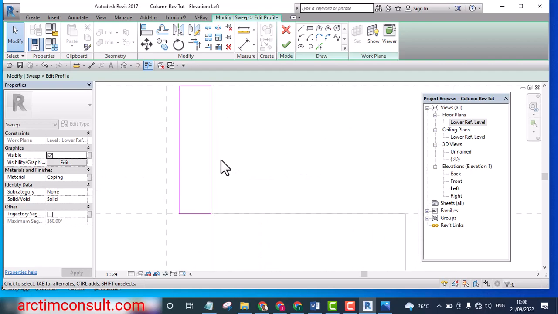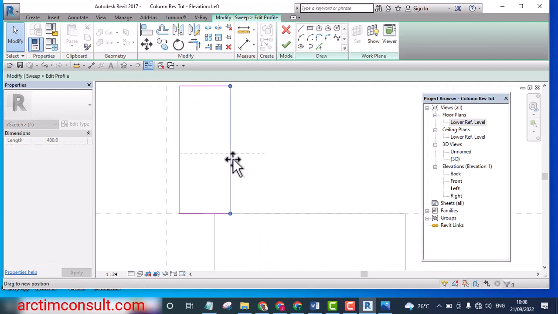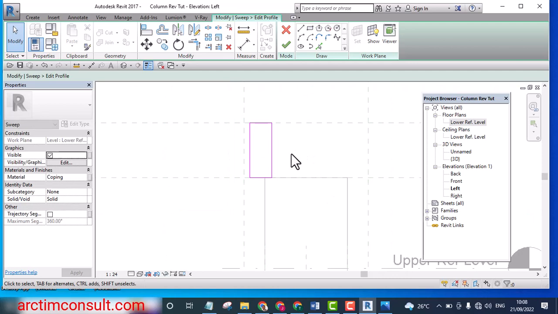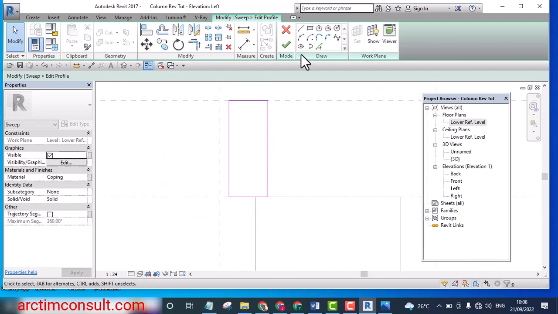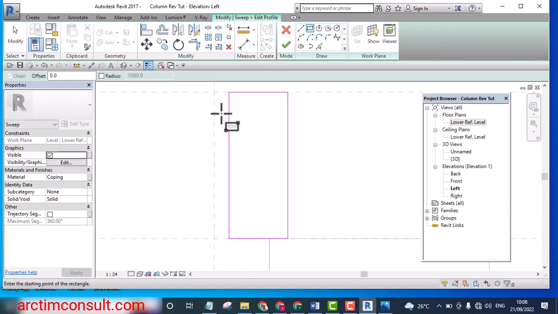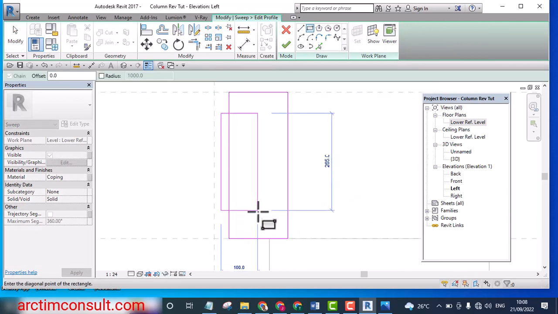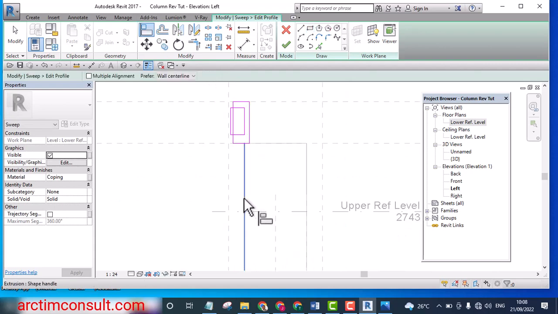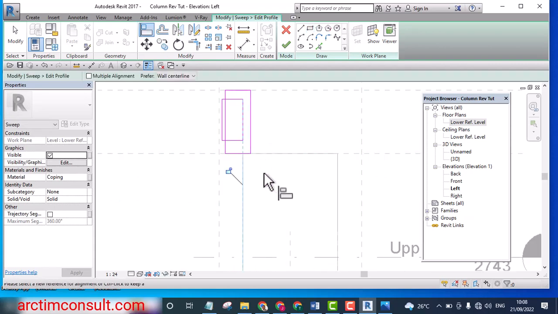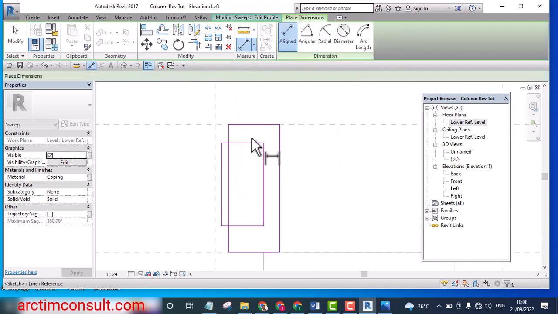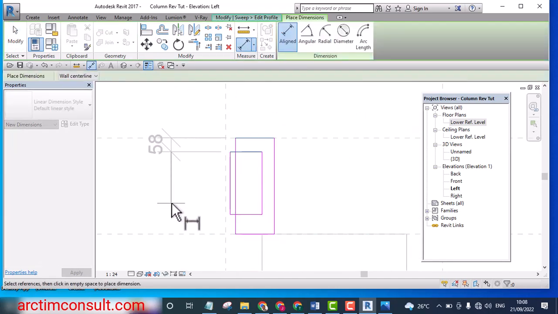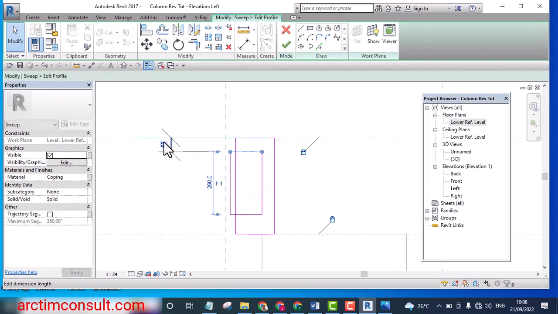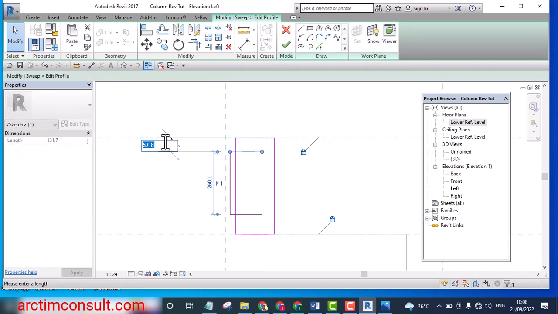Okay, then I can stretch this to inside a little bit, and we have a recess somewhere there. Let me align this to this, and this is about 75, so I'm going to make this one about 75,